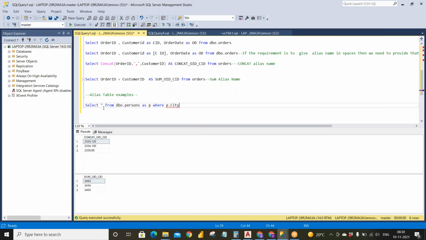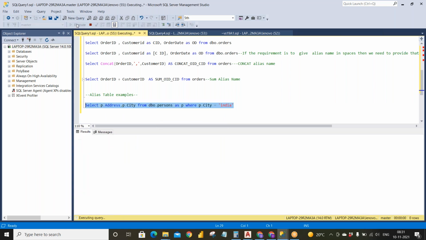And also here in the select star, here also you can give the column name with the help of this alias. P dot, again you can give any column name. So I'm giving address, comma, again P dot. Instead of typing, you can easily get those particular details. See, you got it.